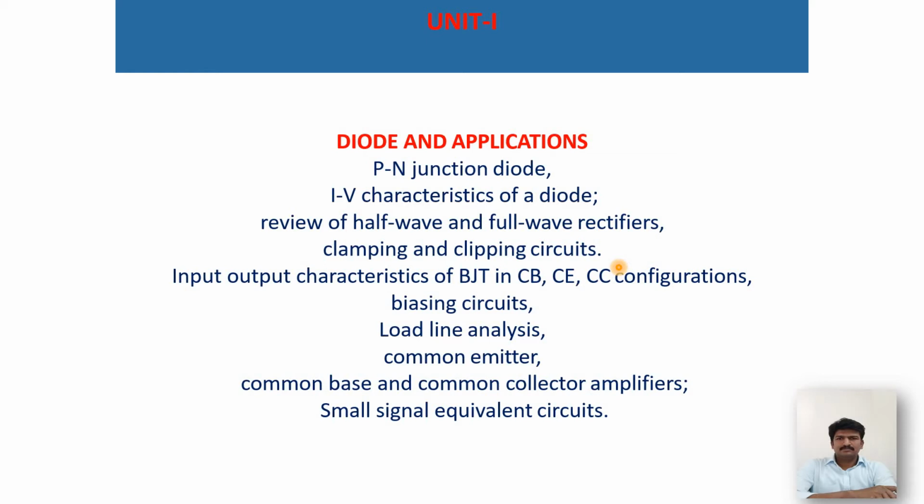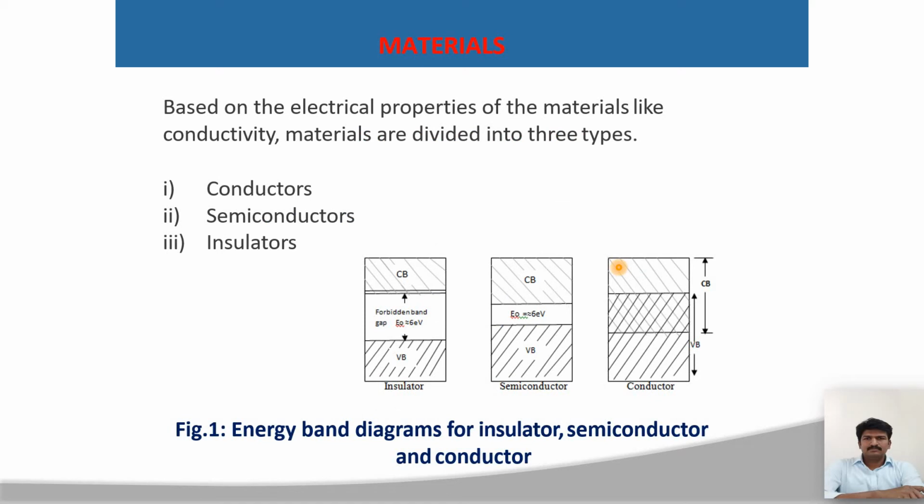topics like the p-n junction diode and the input current and voltage characteristics of the diode. These two topics we are going to cover in this video. Generally, materials are classified based on different considerations. But in analog electronics, we classify the materials depending upon the electrical property and conductivity of the material. Based on the conductivity, we can classify the materials like conductors, semiconductors,